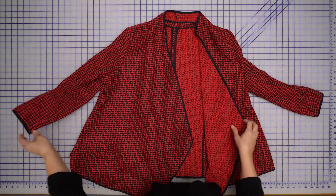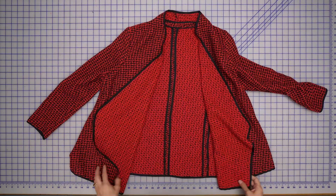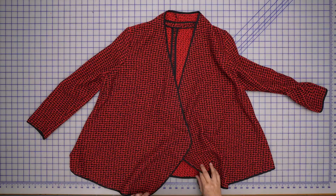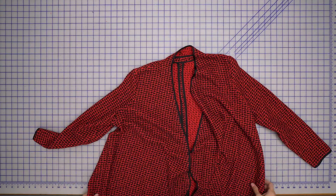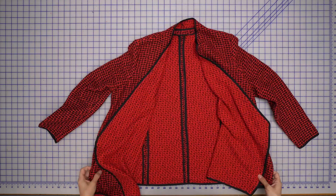So this is our jacket after I attached everything together and cleaned the hem and around the collar with the bias strip. And this is the inside of it. And these are our sleeves. It is pretty relaxed and cozy